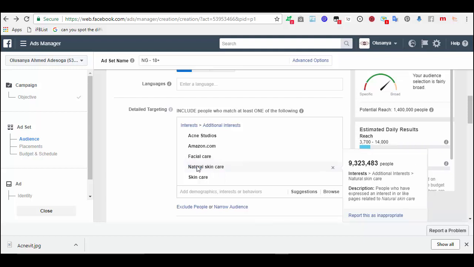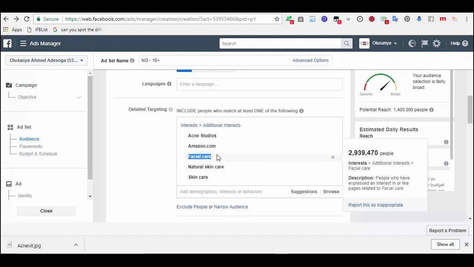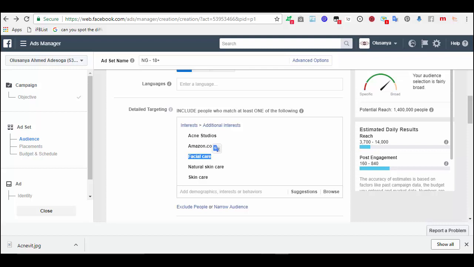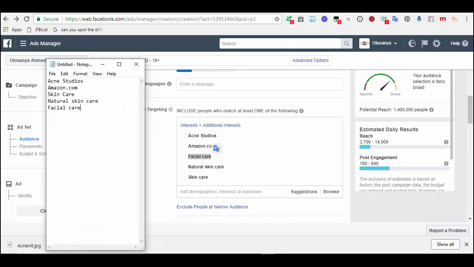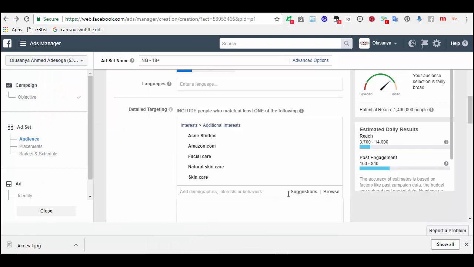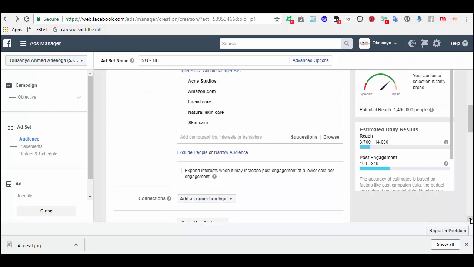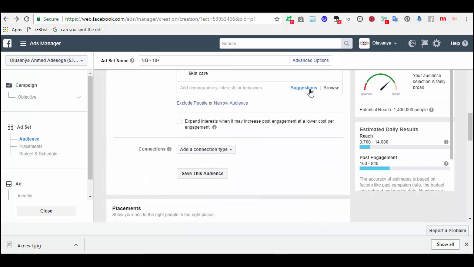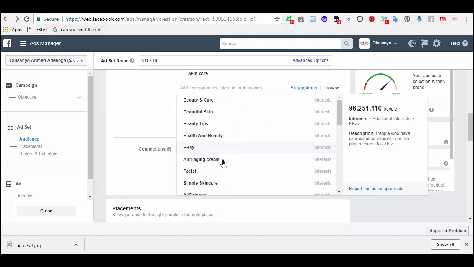I'll also copy this. Control C, Control V, facial care, then suggestions again. Suggestions. Anti-aging cream, 9 million, that is good.